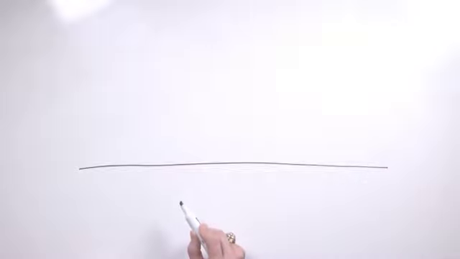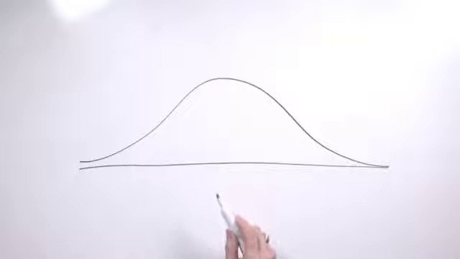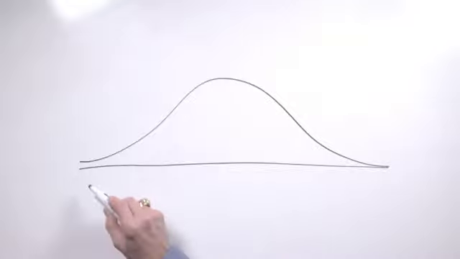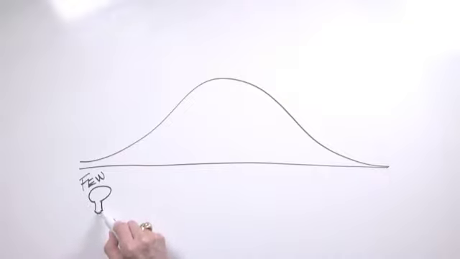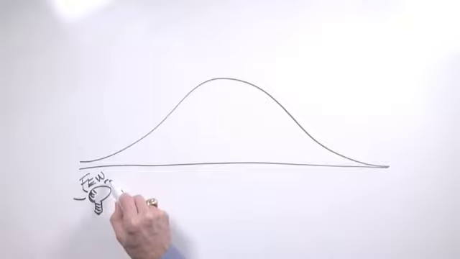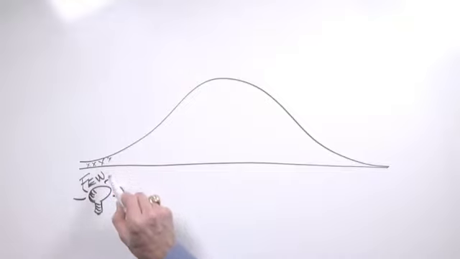Oftentimes when teams are trying to develop ideas for improvement, it's very handy to actually engage in a formal process of divergent and convergent thinking. So if you think about a bell curve, and this is not a statistical bell curve, but more of a heuristic teaching bell curve, we have, when a team gets together, very few ideas. So as you think about what they're doing, and they are asked to come up with new ideas, they oftentimes struggle. So we start with a few ideas, maybe a couple folks have them,